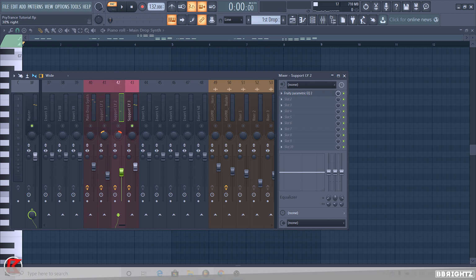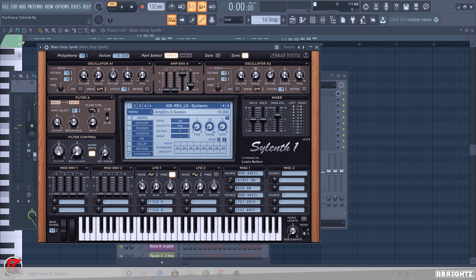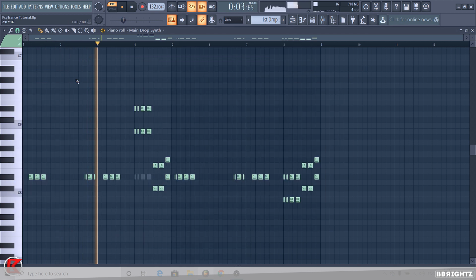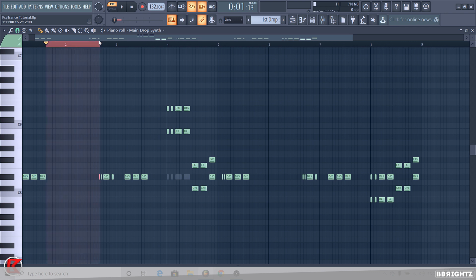You see what I've done there? I panned one of them 30% right when the other one 30% left. I'm going to quickly go back into that main synth just to turn down the release just a tiny bit. Like that. And now we're going to be quickly doing the sidechain reverb just to fill in these long